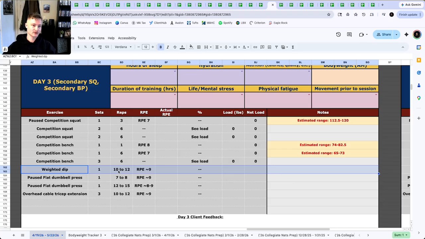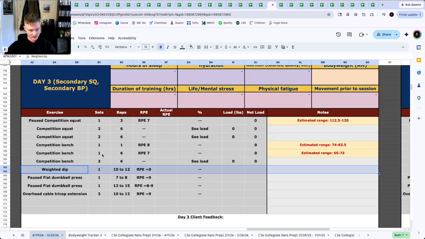set of 10 to 12 to go to a set of 8 to 10, and then a set of 7 to 8 or 6 to 8, and then a set of 5 to 7, 4 to 6, right? So chipping away on these reps is a really simple way to get them to progress, especially when we are doing so intentionally so the lifter knows that it is meant to be progressed throughout a block and throughout a macro cycle.